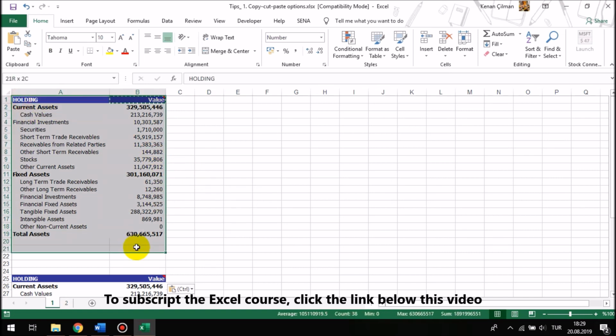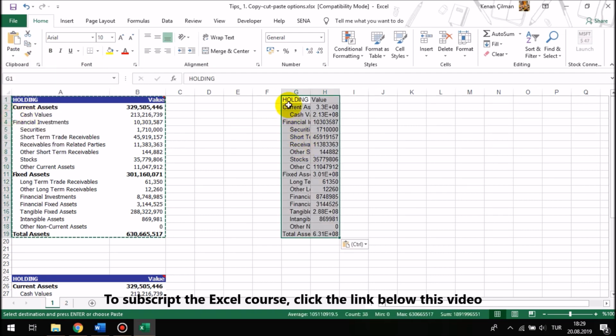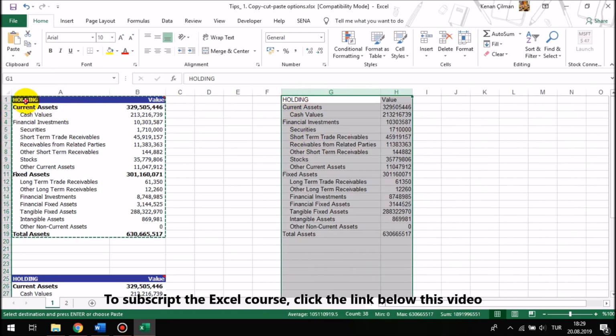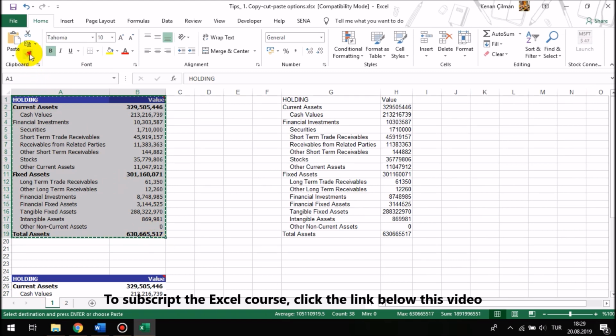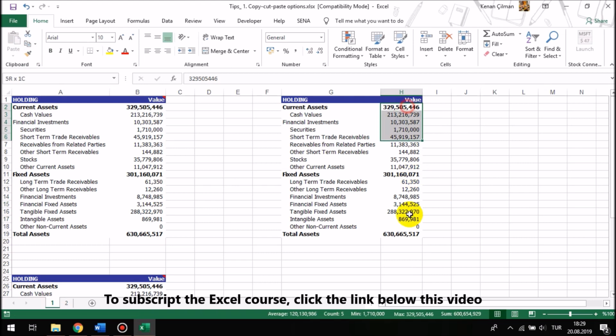For example, when I select this table and paste here as values, and later select all the table, and from the format painter I will create the same thing. You see all numbers are displayed. If you want to display the numbers in 1000 format,